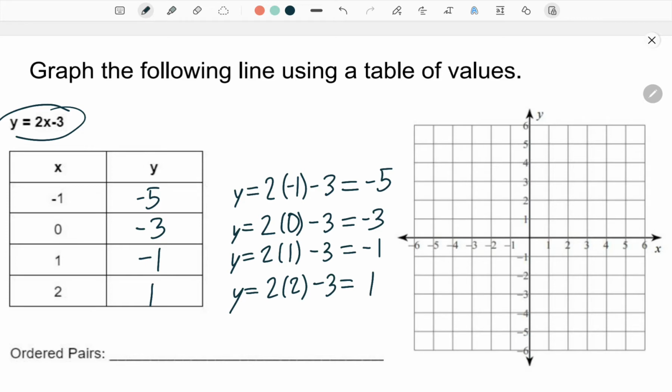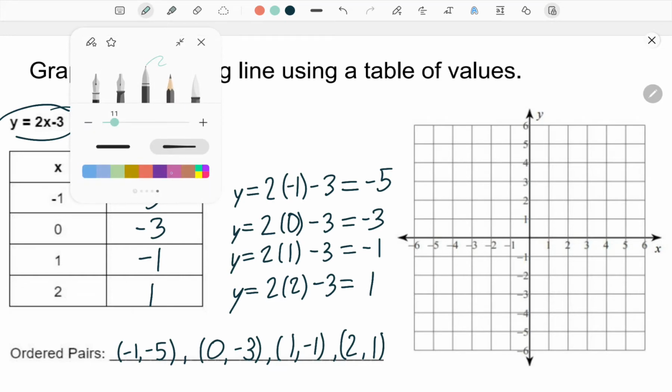So we can write this table of values as a set of ordered pairs. So you have the first point is -1, -5. So again, we're just taking a look at the two x and y values beside each other. So what's the corresponding y value with the given x value? And that makes your point. Next, you have 0, -3, 1, -1, and 2, 1. Why did I list these ordered pairs out? Because these are the things that we're going to graph onto our